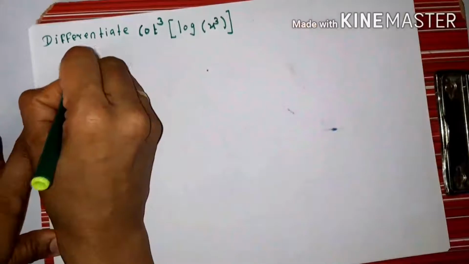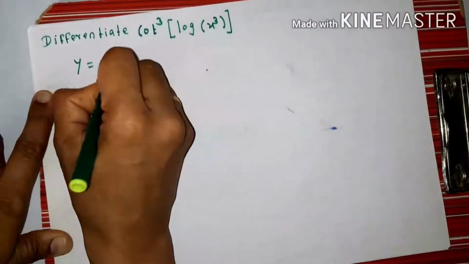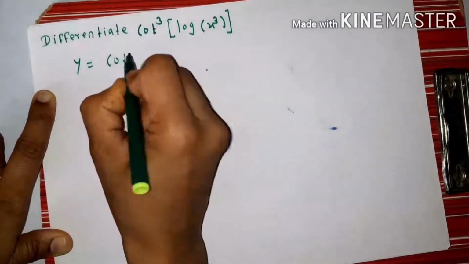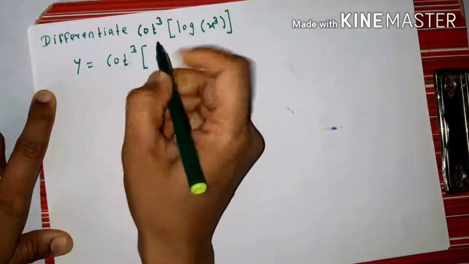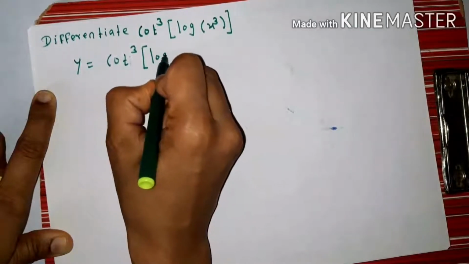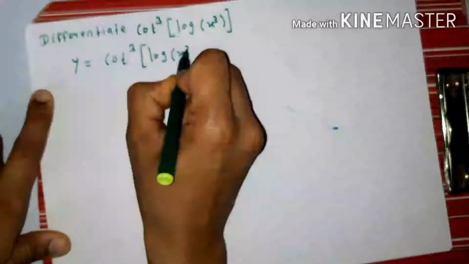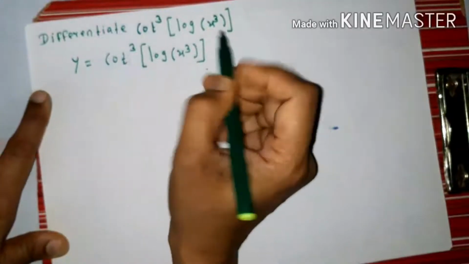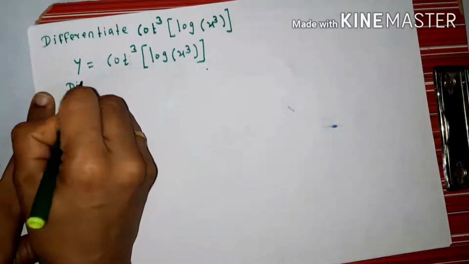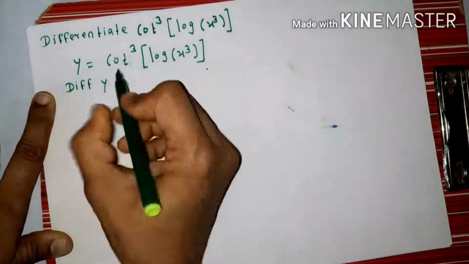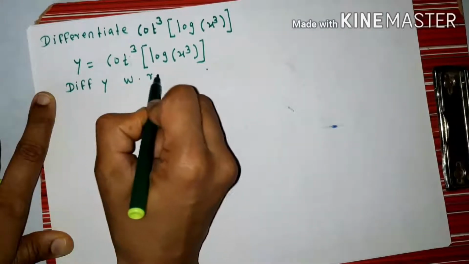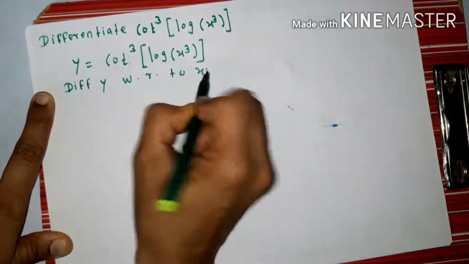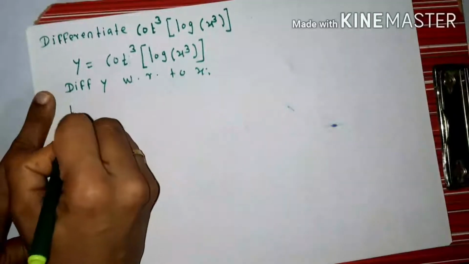Let us consider y equal to cot cube log of x cube. Now differentiate y with respect to x. dy by dx equal